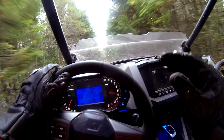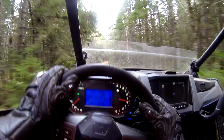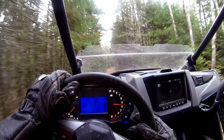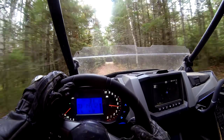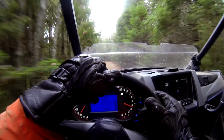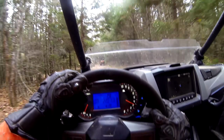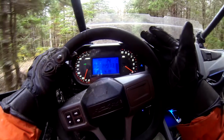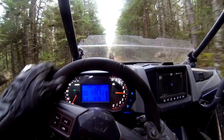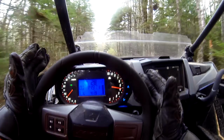I've not been in any of the higher level RZRs before. I've only ever driven Bruce's old RZR 800, the original. I haven't really sat down inside of the new era of side-by-sides yet. So it's quite interesting. This is actually a small steering wheel. I think Dad's Rhino is bigger than this for a steering wheel, and wow, it's a lot to take in for me to just sit here and give you a